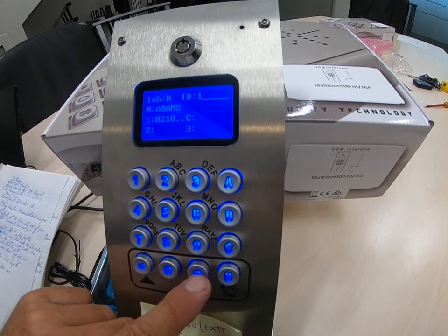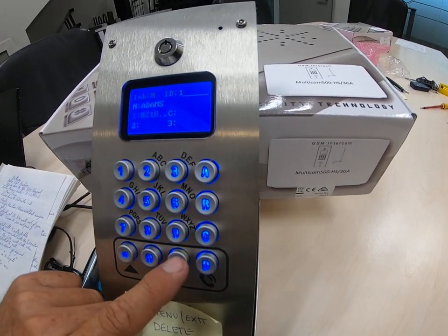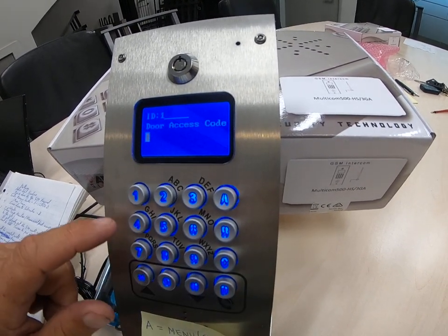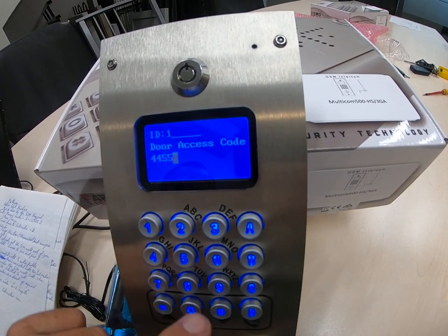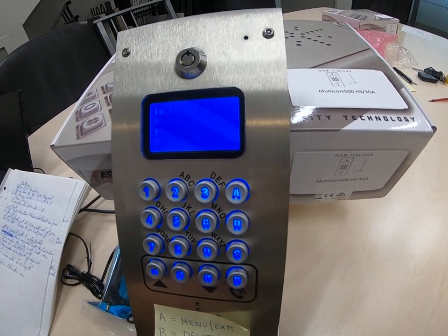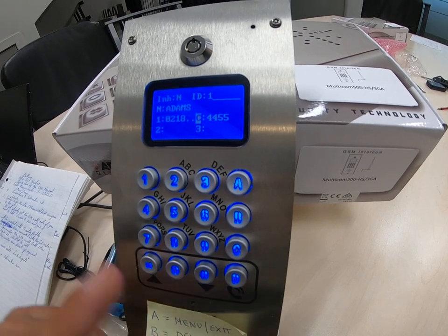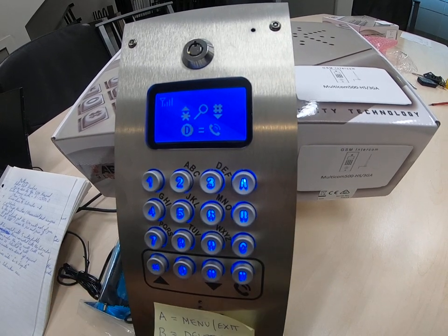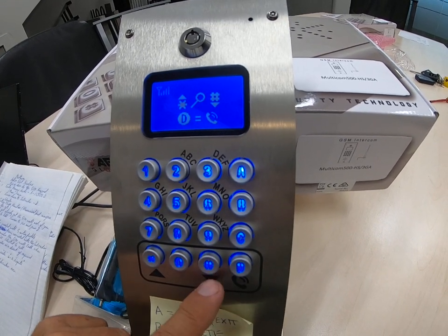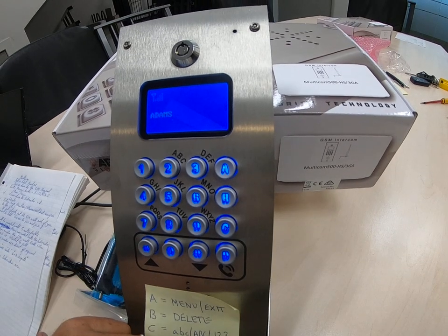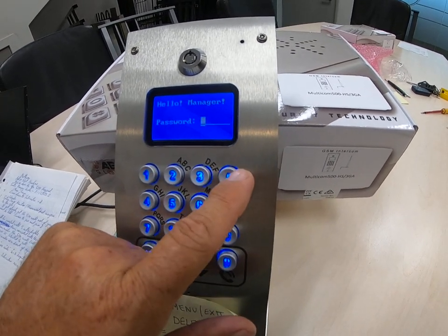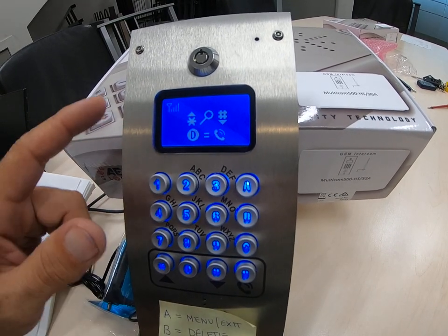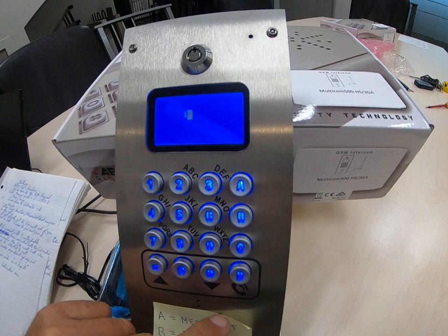And so the only other thing that you need to add is the keypad code if you want a keypad code. So we'll move to that, and then put, say, 455, and save that. So that's basically the subscriber done. So you can actually exit out of that, and then you can either scroll to Adams or you can just press 1, or 10 or whatever house number it is. So we'll go 1,